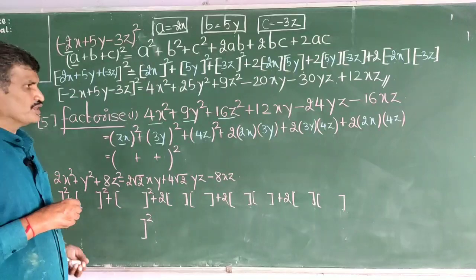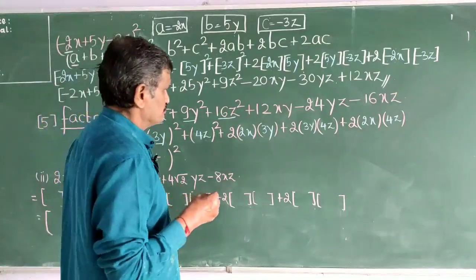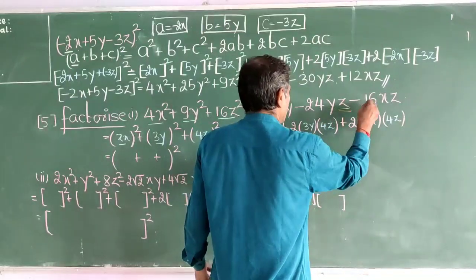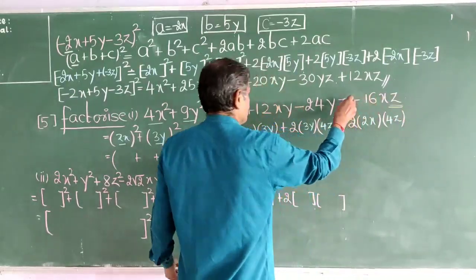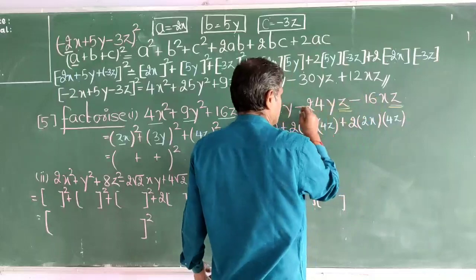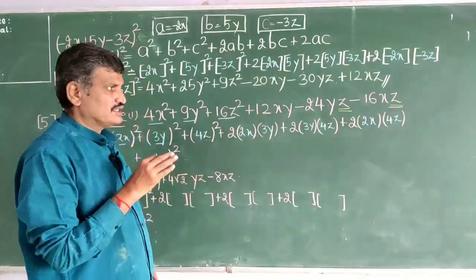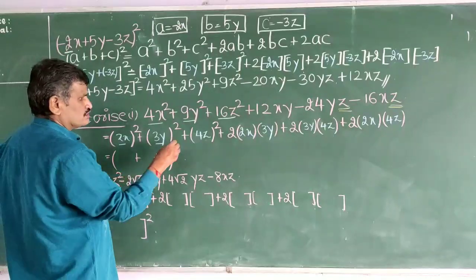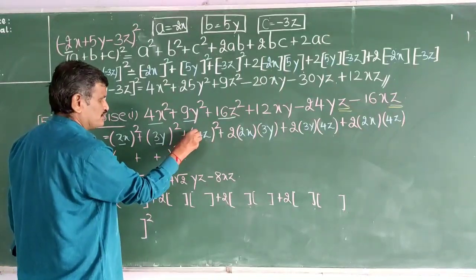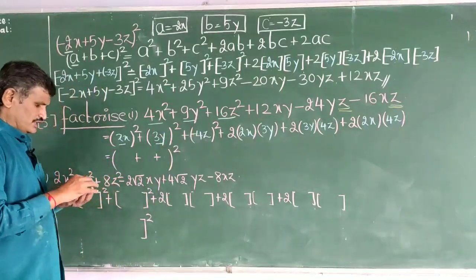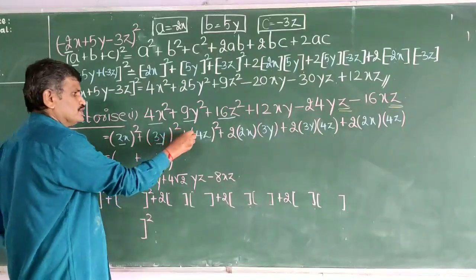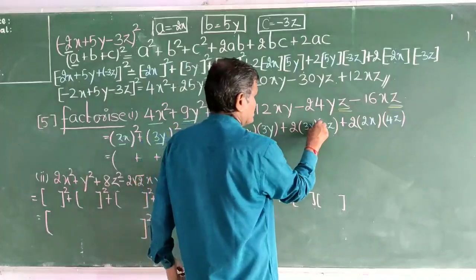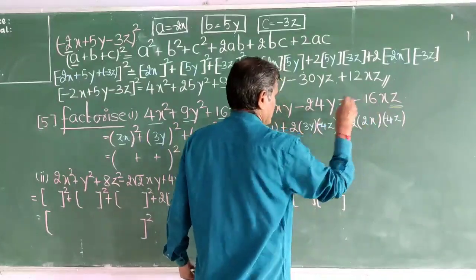Now this is very important. Sir, minus is there, sir. Yes, I know it. See here, what I can say is wherever z is there, minus is there. That means z is a negative term. So here you just put minus, here you put minus, here you put minus.